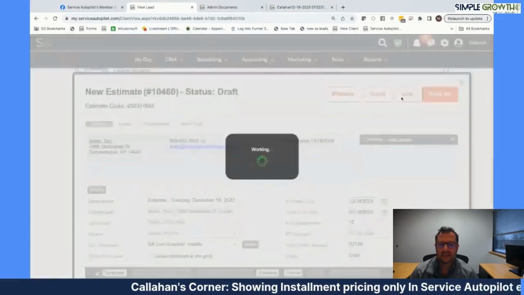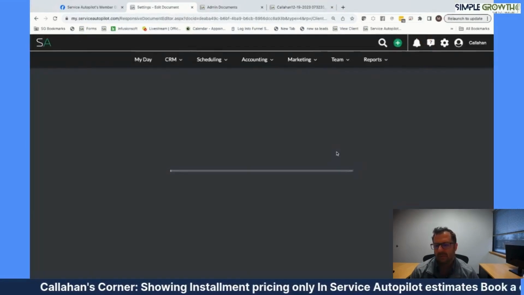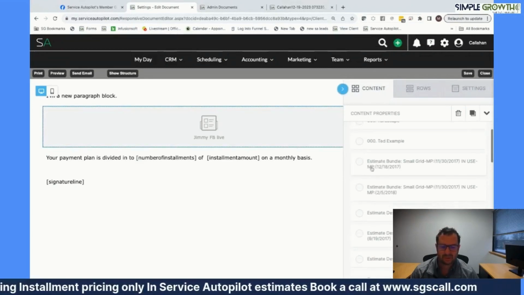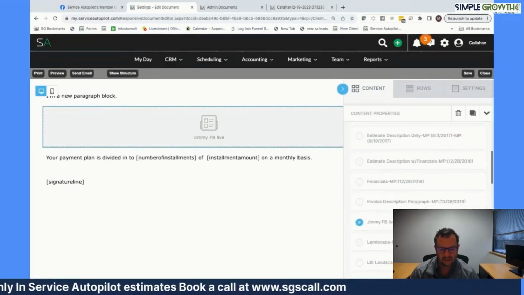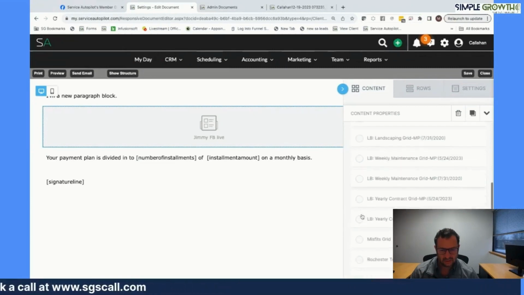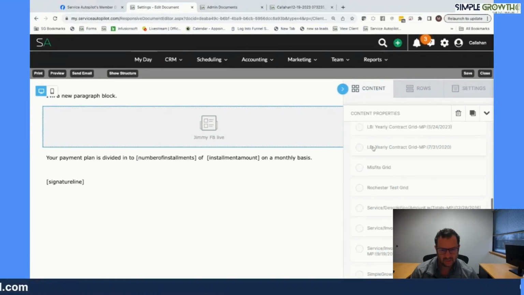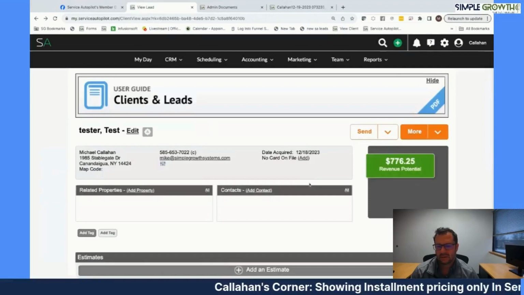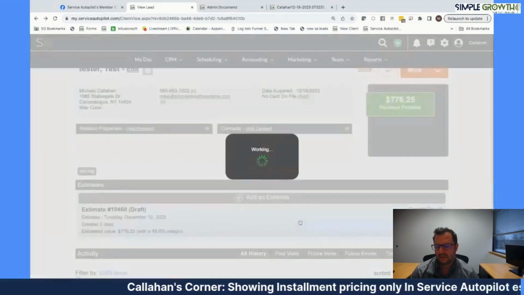And if I hit edit, this would actually be a way just to kind of, you're testing this here. But if I switched out the grid and use the yearly contract grid, close,